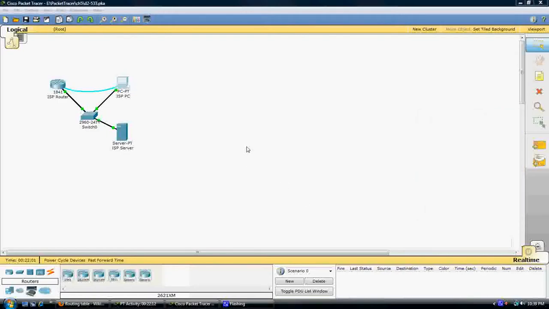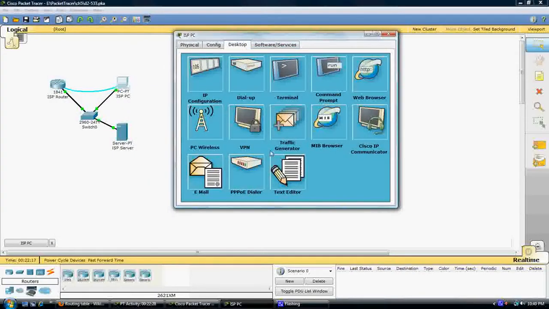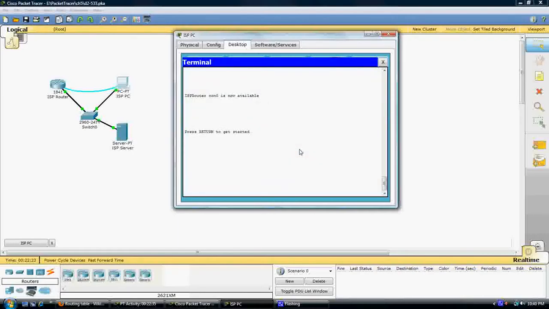I have Cisco Packet Tracer already opened here. We have a switch, a server, a router, and the Internet Service Provider PC. We'll left click on the Internet Service Provider PC, and as you can see here, it gives us different options. The one we want is the terminal. We'll click OK, and then here's our command line interface to configure our router. We'll click return,